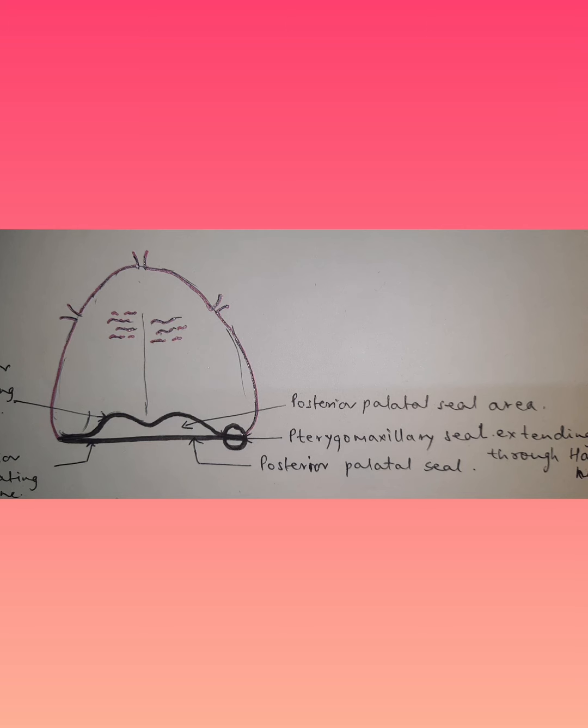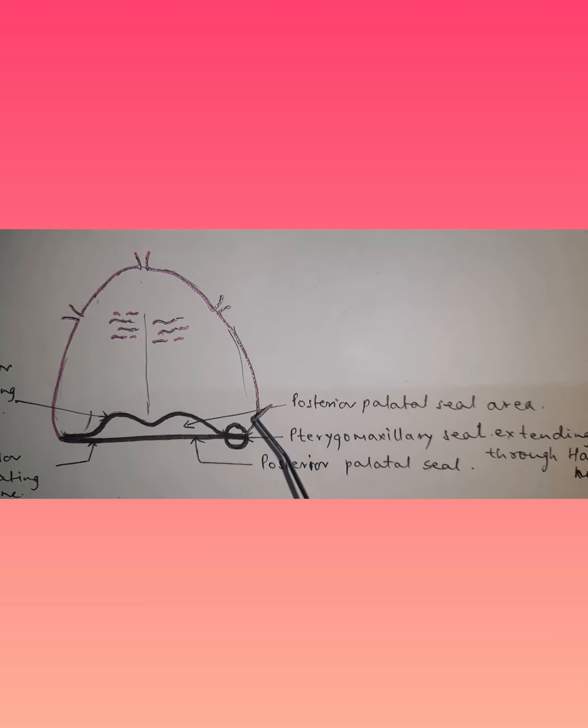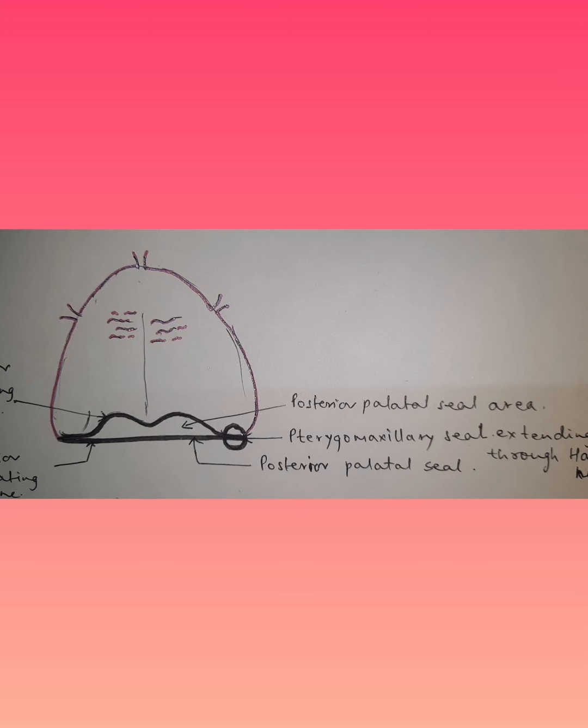Basically, the peripheral seal of the maxillary denture is the area of contact between the mucosa and the polished peripheral surface of the denture base, that is, the custom tray or the denture base which we are making. Once you do a good border molding, the adequate seal which you get from that gives you the peripheral seal, which helps in resisting the horizontal and lateral torquing forces.